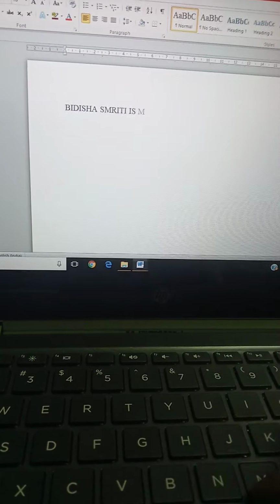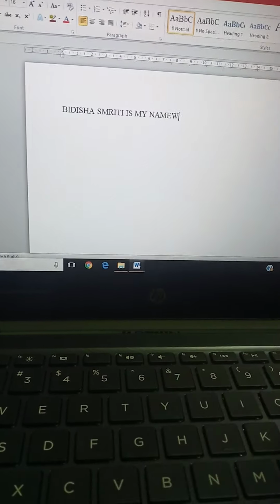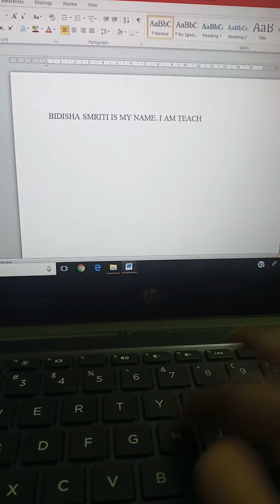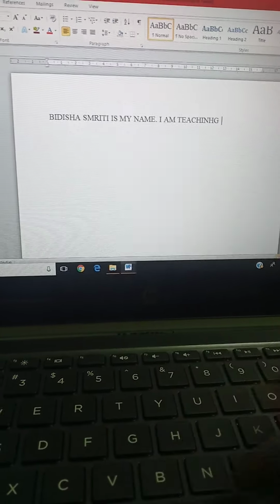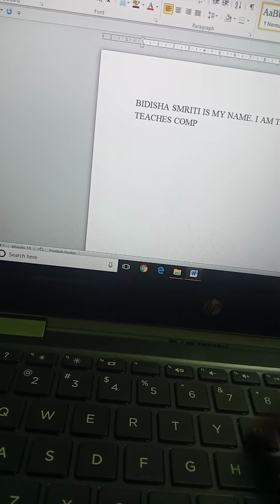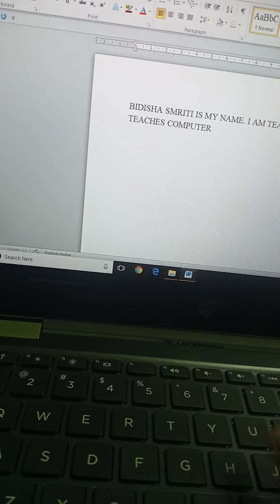If you want to go to the previous document, we are going to the previous document. Vidisha Smriti is my name. I am teaching in LBS. I teach computer to the, for example, I have written this. Okay,